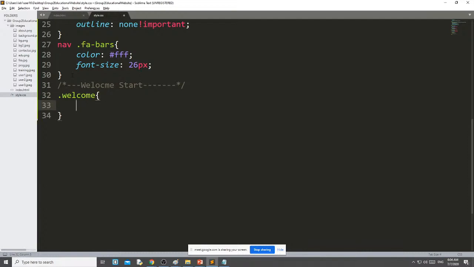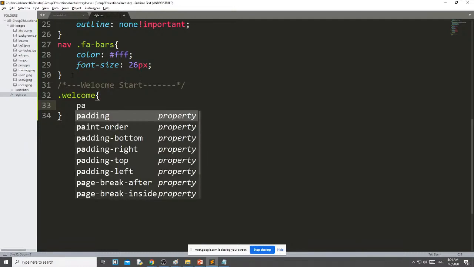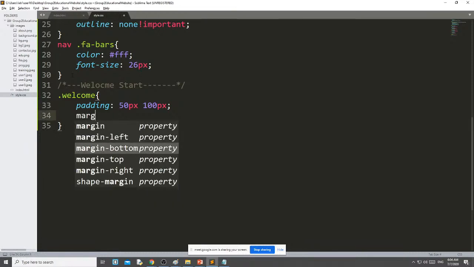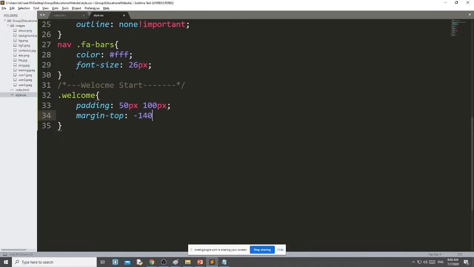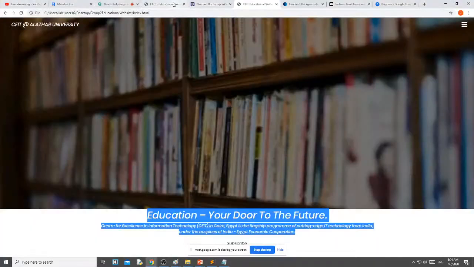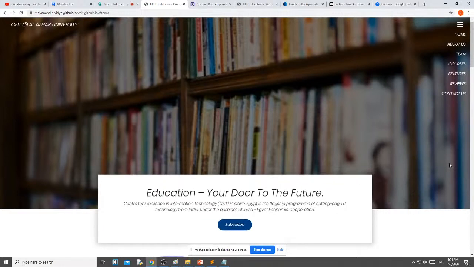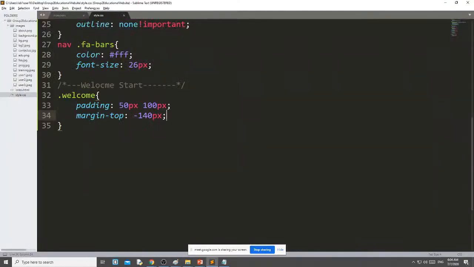Welcome, this padding I am giving 50 pixel, 100 pixel. 50 pixel, 100 pixel means 50 pixel from top and bottom and 100 pixel from right and left. And margin top minus 140 pixel. Why minus 140 pixel? Because here I want to overlap this container on this image. That's why I am giving margin top minus 140 pixel.